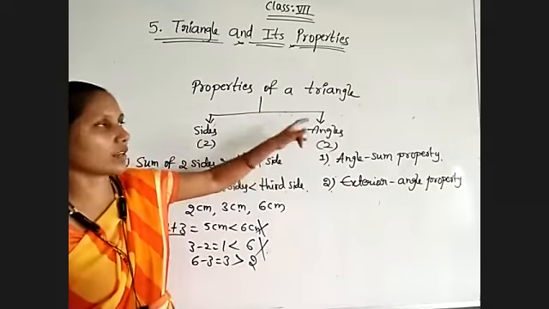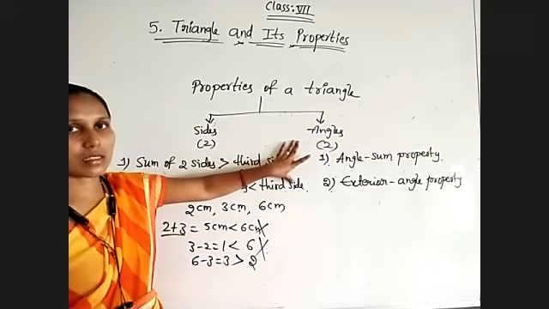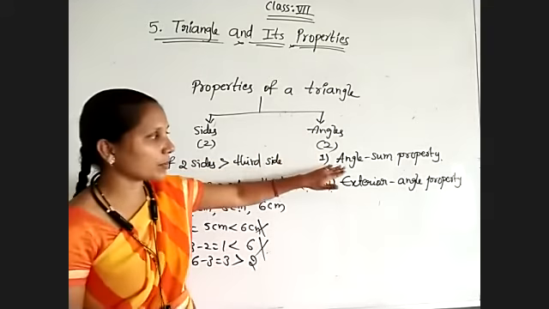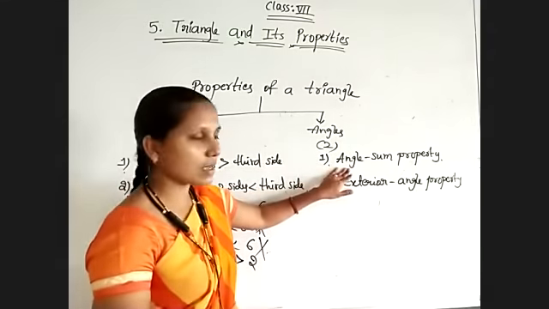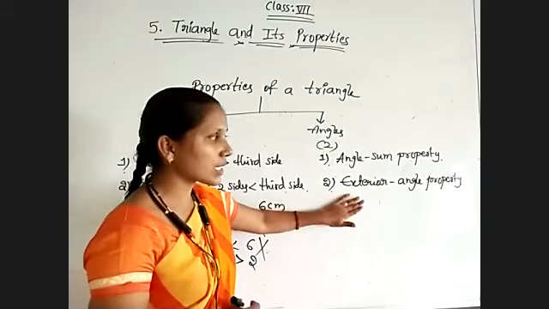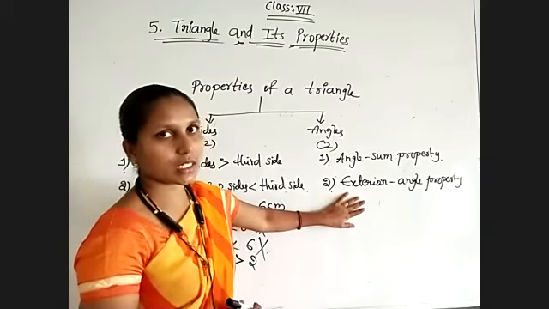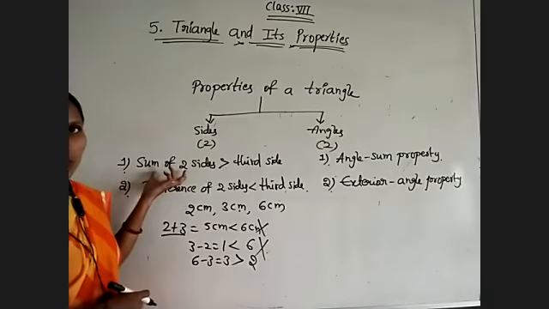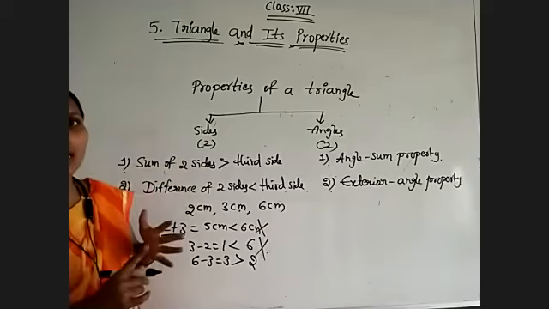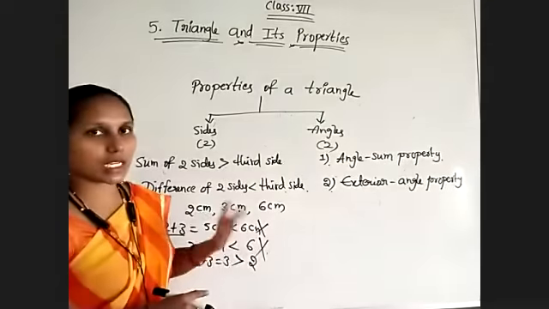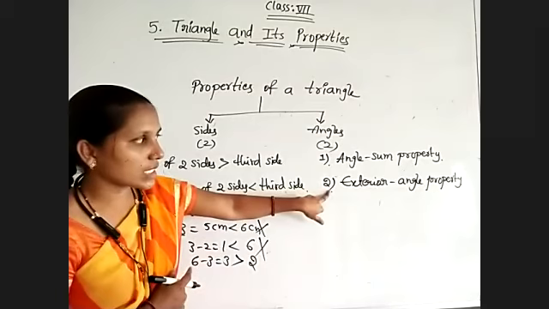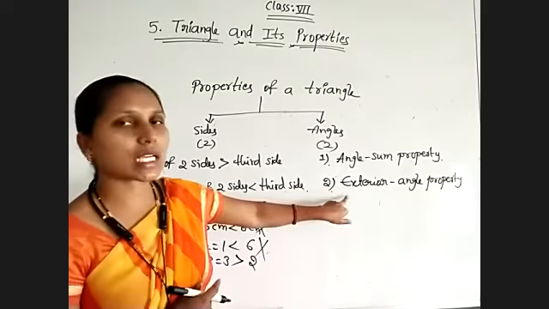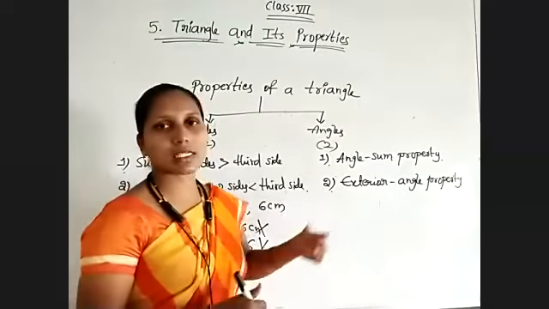These two properties are depending on angles, and they are very, very important. So many problems we have solved by using angle sum property. Now further we will discuss exterior angle property. And these two we already finished in the first exercise only. After that we have studied altitudes and medians very clearly. So tomorrow we will discuss the different problems depending on exterior angle property as well as angle sum property also.